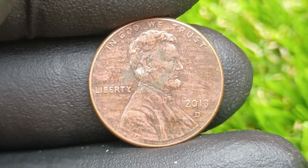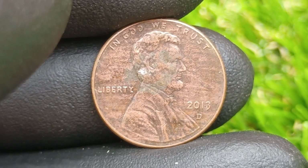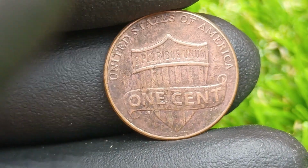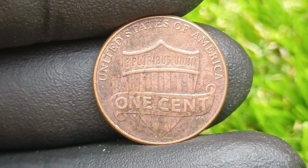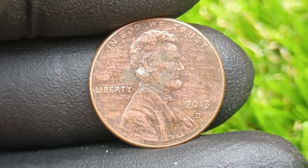some showing dramatic doubling on the date, others with shield details completely missing, others struck on the wrong planchets such as dime stock or even foreign coin stock, and still others showing off-center striking that leaves part of the coin blank. And these rare minting flaws can turn a coin from being worth 1 cent into being worth thousands or